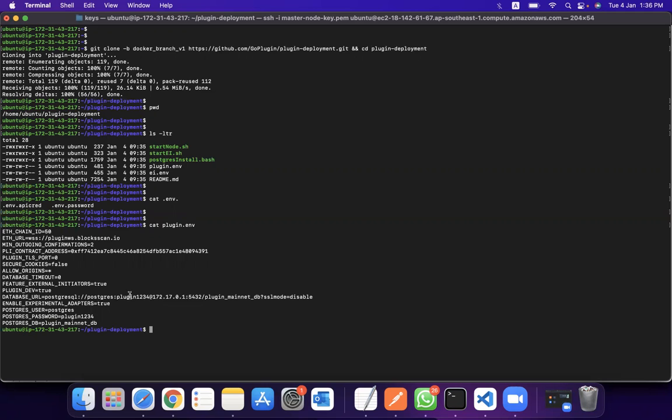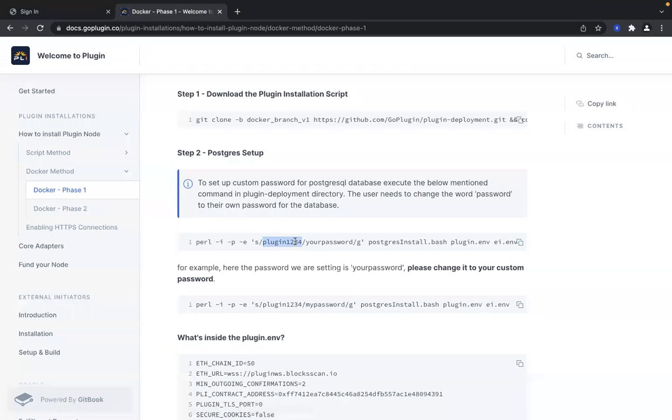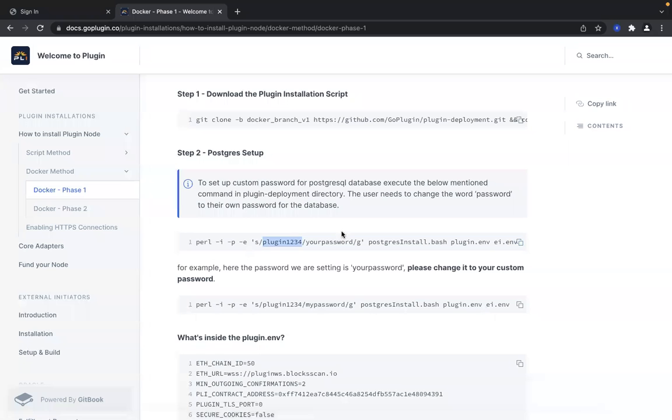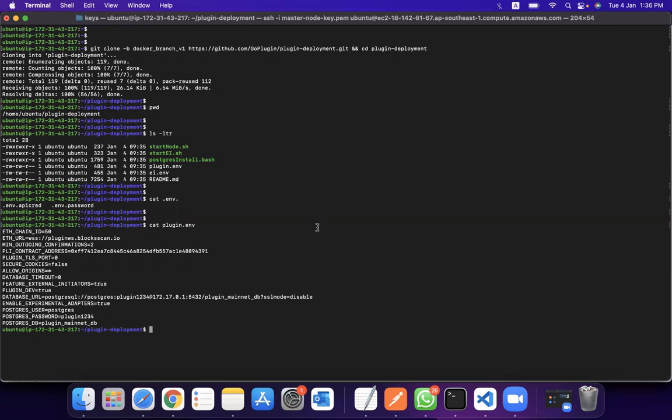What you're exactly going to do now using this command is set up the Postgres password. You are going to set up the Postgres database on the host system, and this is going to be the password you will be using. So I'm just going to paste it here, and what you're going to change is only the part where it's mentioned as your password.